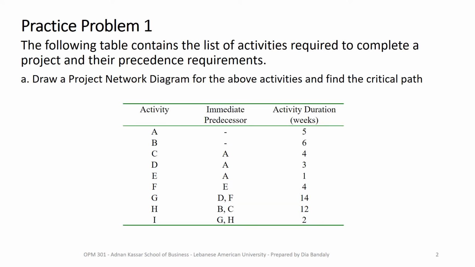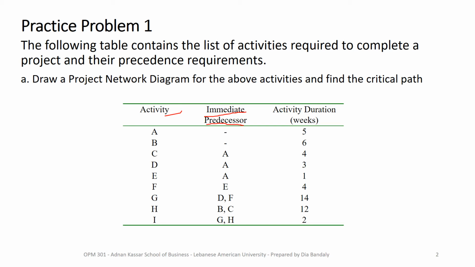So this is our first problem. We are given a precedence relationship table and the duration of the activities. Just a quick reminder, what do we mean by a precedence relationship activity? You can notice here that for every activity, we are given an immediate predecessor. Remember, this is what a precedence relationship table is all about,